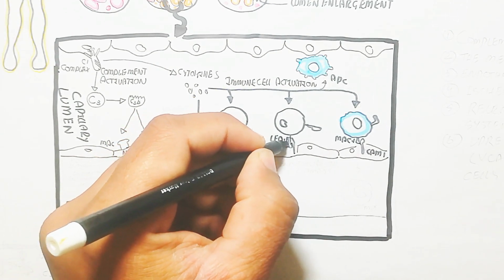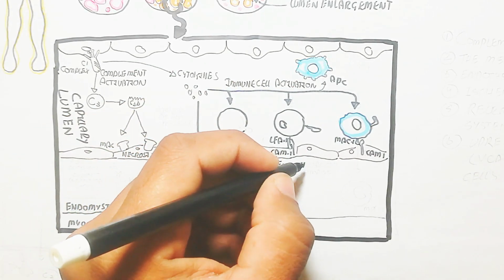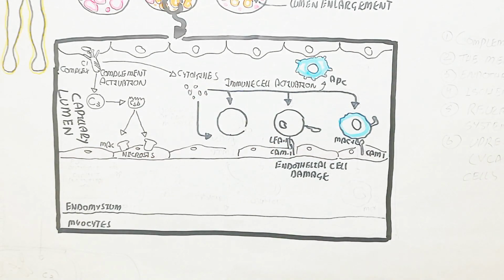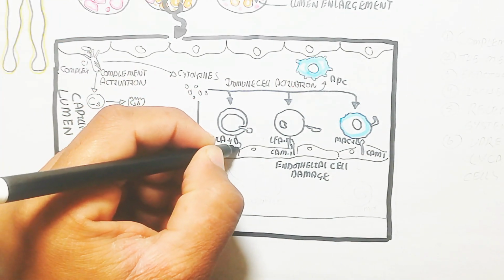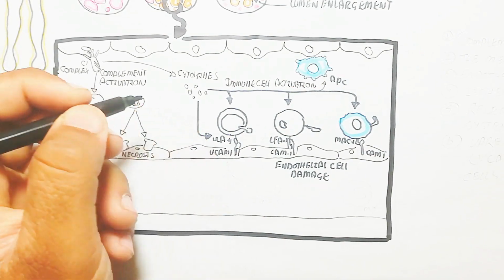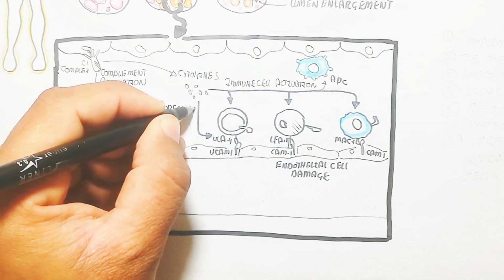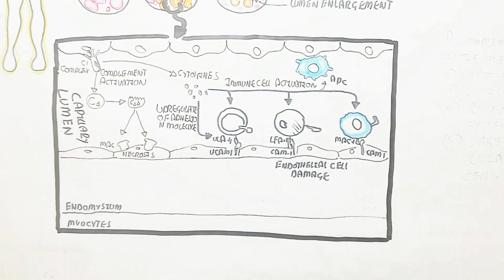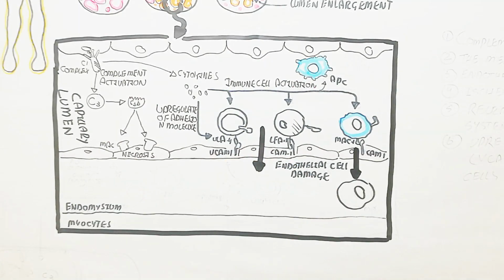and ICAM1 binds with the endothelial receptor. This endothelial receptor binds with VLA4 and LFA1, which will lead to endothelial cell damage, and the macrophage will also bind with MAC1 with ICAM1. This is the pathophysiological process of upregulation of adhesion molecules. Basically these are all adhesion molecules. When bound, they will lead to endothelial cell damage, and in this way the macrophage will go into the